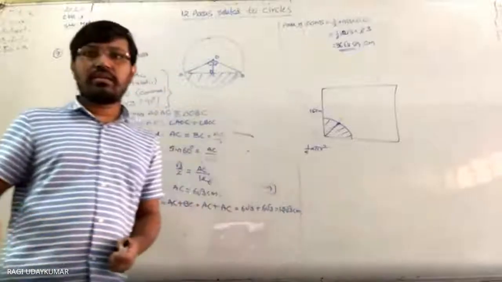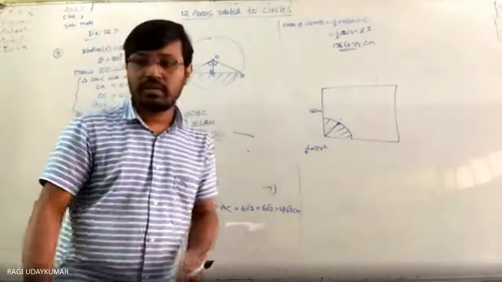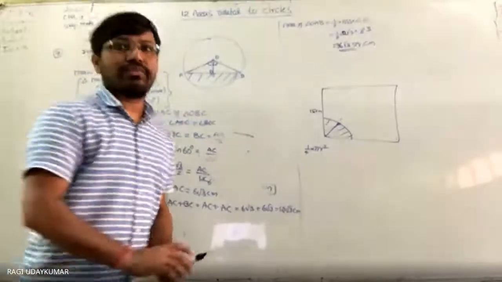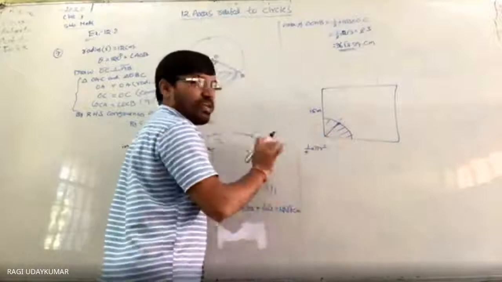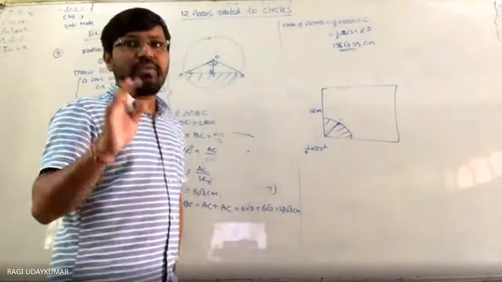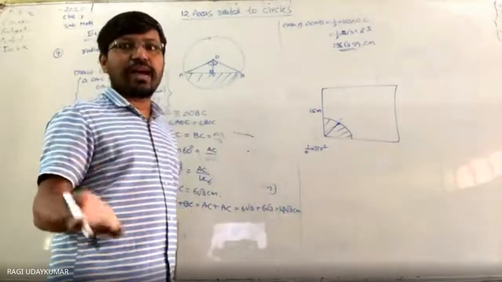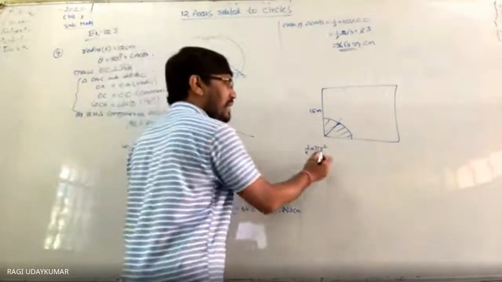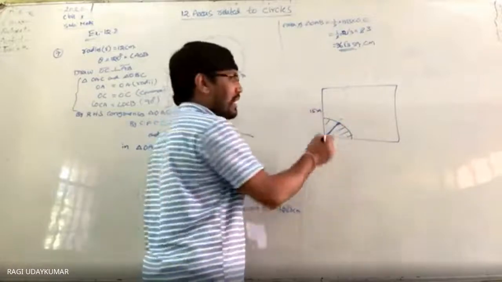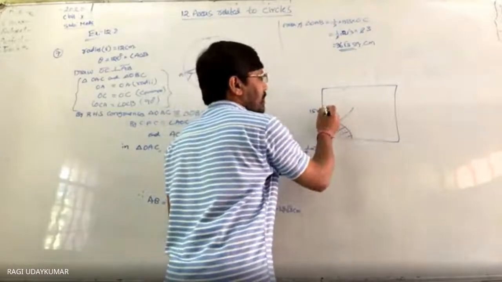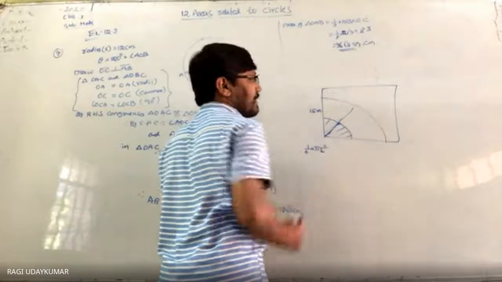Yes, beta. Sir, it is in meters, not centimeters. Sir, it is given 15 meters, not centimeters. Sorry, 15 meters, okay. 5 meters. The rope is given to you as 5 meters, so radius should be taken as 5. This length is given to you, 5. In the second question, it is given to you 10.